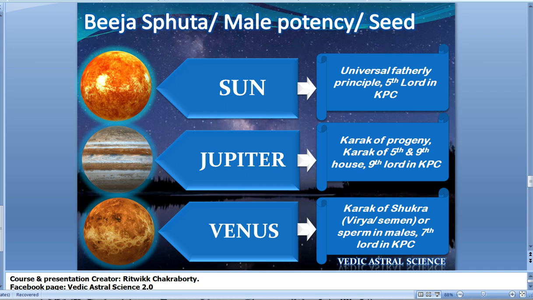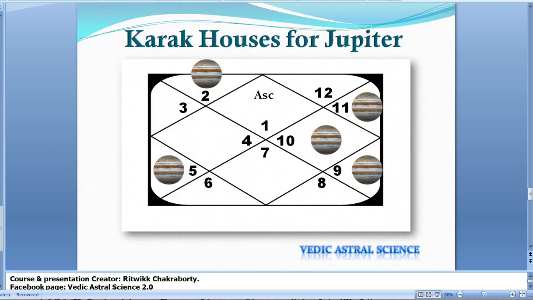Okay, and Jupiter is also significator of several other houses. Okay, let me show you in the next slide. So here you can see what are the houses which are signified by Jupiter. Okay, Jupiter is Karak planet for all these houses: the second house, fifth house, ninth house, 10th house, and